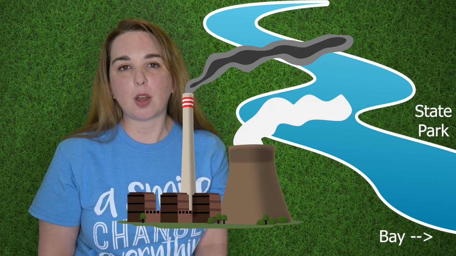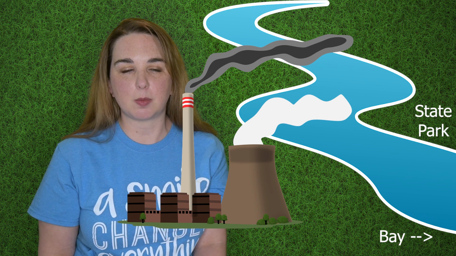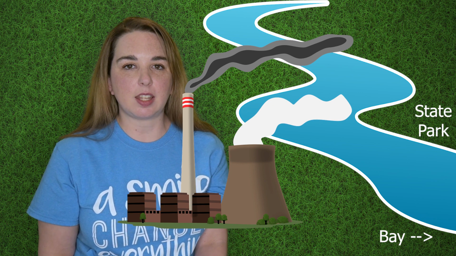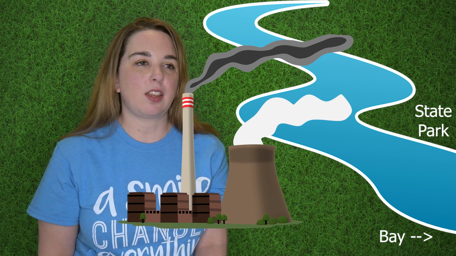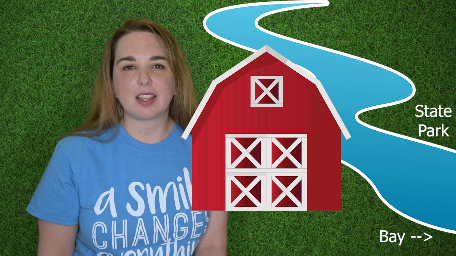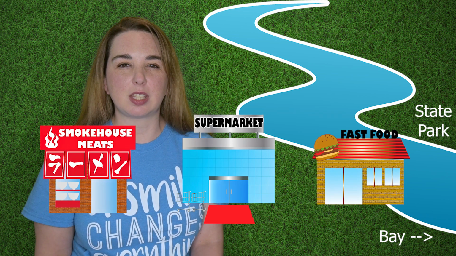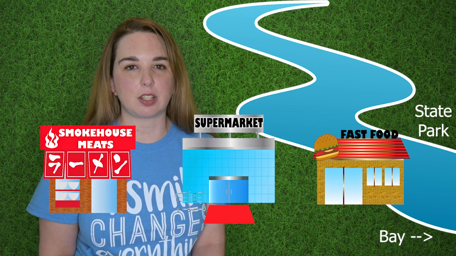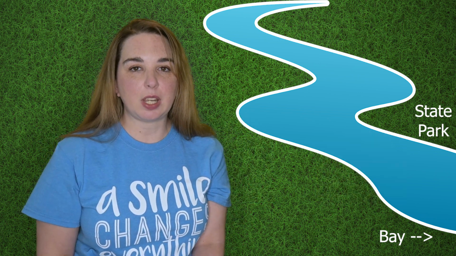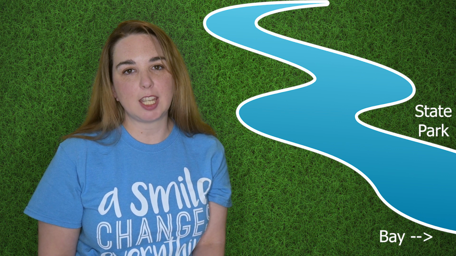Keep in mind that the power plant is going to cause more contaminants to end up in the water than, say, the houses. The farms are going to use chemicals for pesticides and fertilizers, and the shopping center is going to have a lot of paved area, which is going to reduce the amount of ground that the water can soak into. Since this new area is being built on the water, we need to keep in mind that